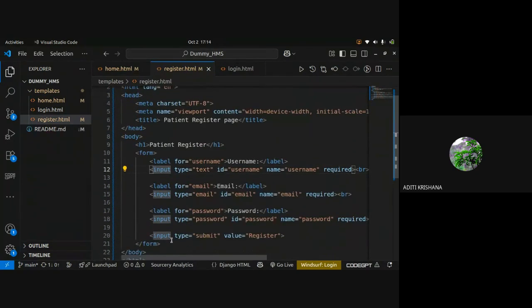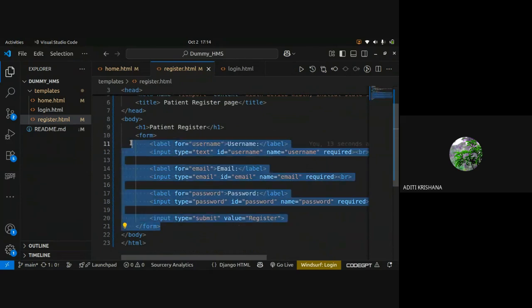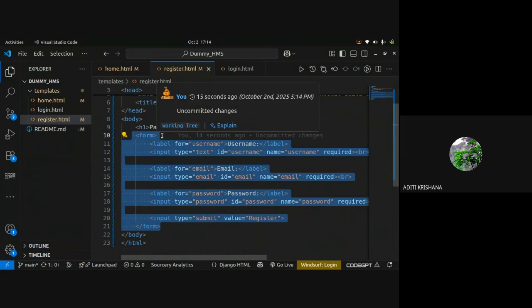You can see I have created a registration page using HTML, and I have used the form tag. What is the use of the form tag? The form tag is used in HTML so that we can type and give data. If you read about the form tag in HTML, its property is for taking data.